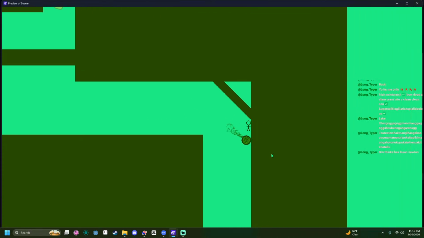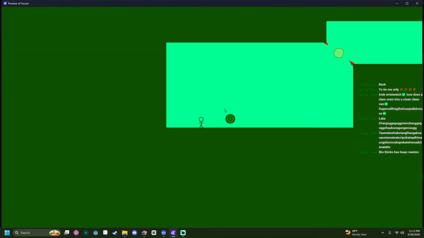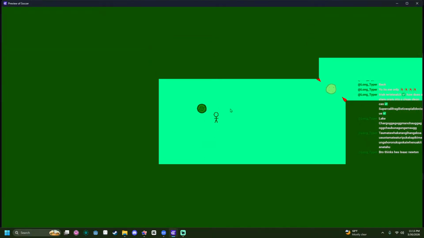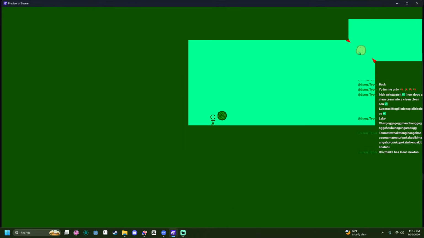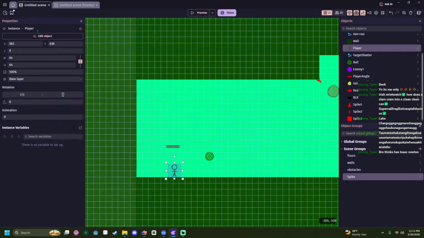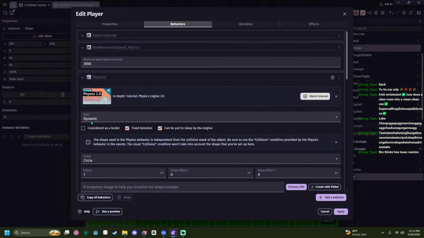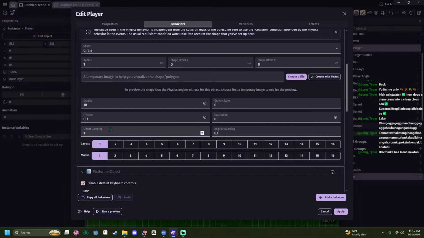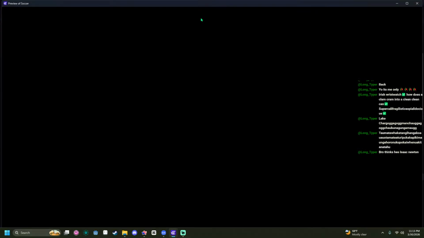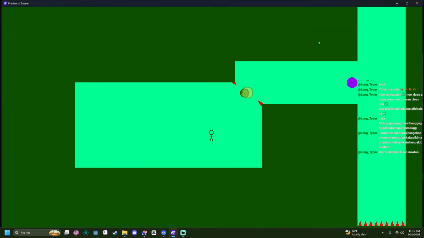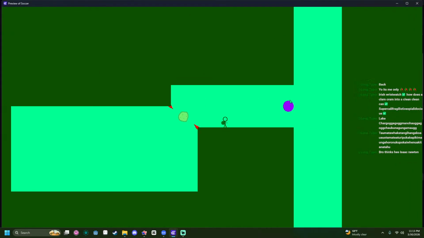Yeah, we don't dash up nearly as hard because of the gravity. You know what we could do to fix that? That would be a physics change. Restitution? Or no. Yeah, linear dampening, 0.6. That might be way too low, but we'll see. There we go.